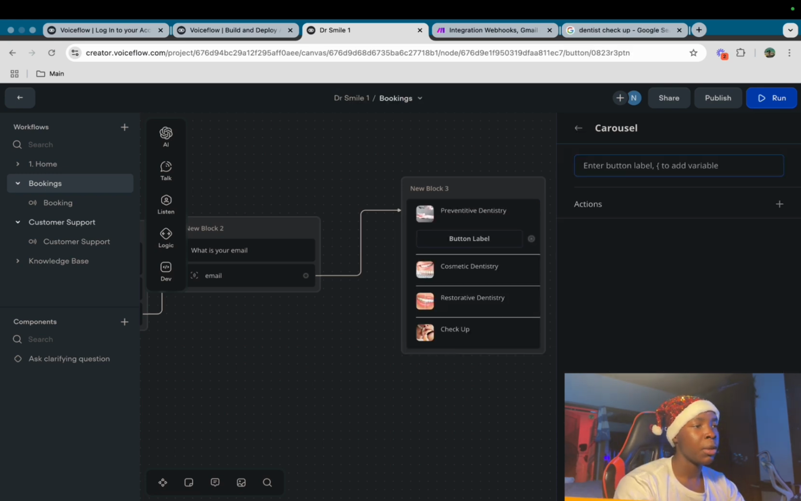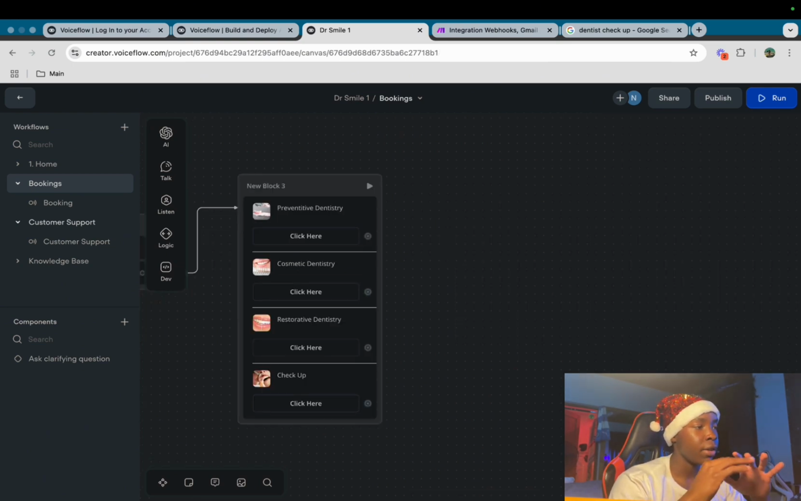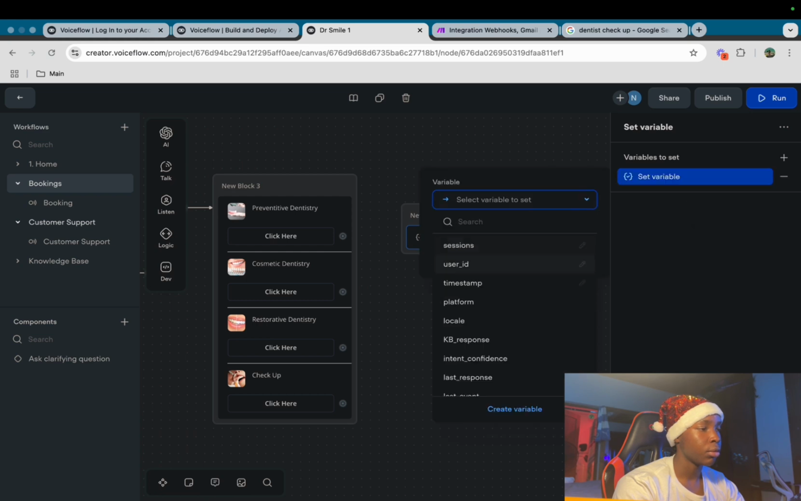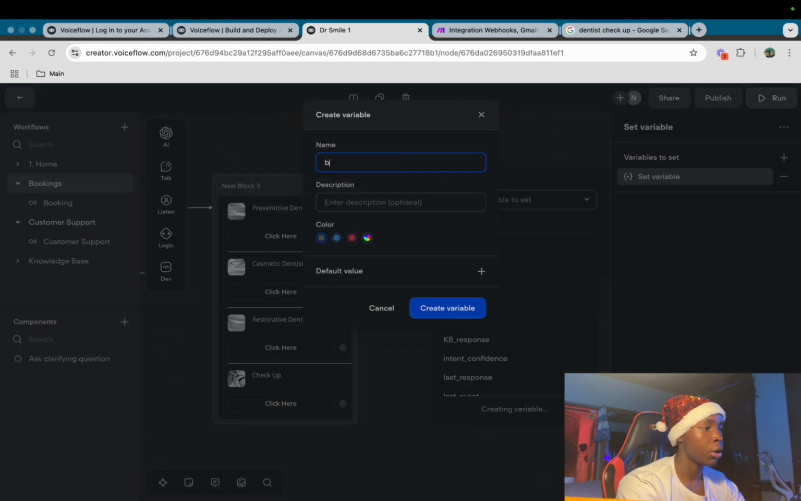Now what we need to do is just add buttons below them. So I click here. Do that for all of them. So now from that, what we need to do is have a set variable that basically sets the booking variable that we're about to create to one of the selected treatments that the user has asked for. So we're going to click here, you're going to say set block, and you're just going to set variable. Create a variable, go booking,